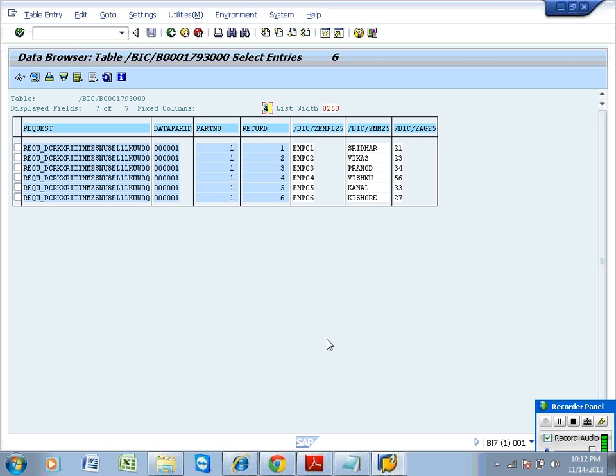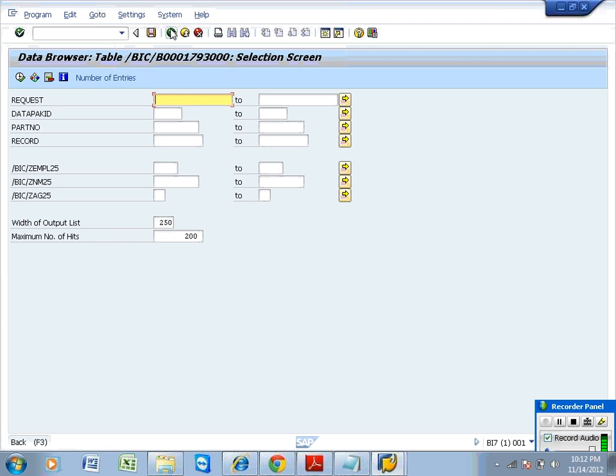Now, because of the same request, all 6 records are bundled into one data packet ID and loaded into the same partition. This is the data that comes from your source to your PSA table.